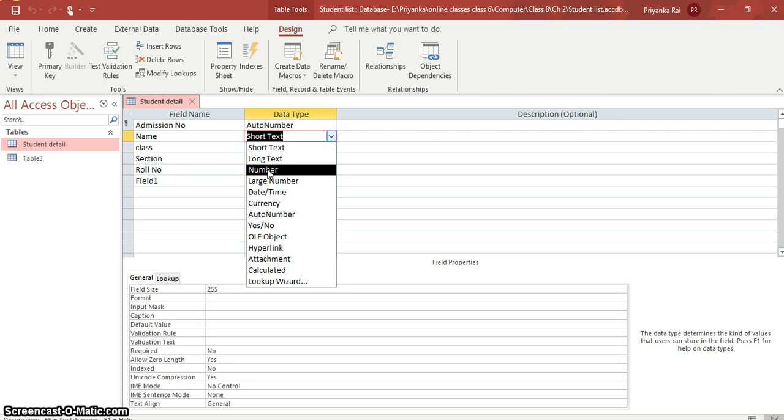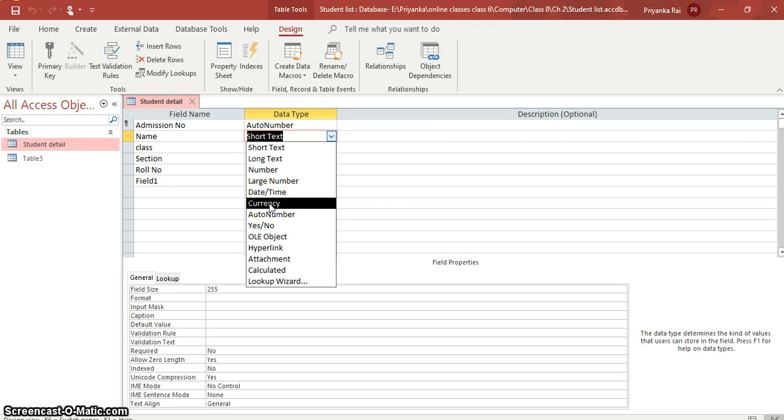When you want the fields to be used in calculations, we use number. Large number is also the same. It is for numbers. Then date and time, for storing date and time, like date of birth, date of admission.